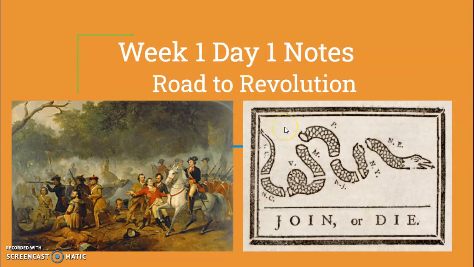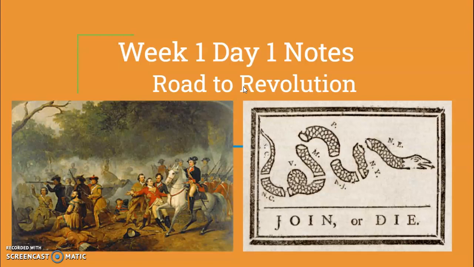One of the most famous pictures from the Revolutionary War is going to be the snake here. It says join or die. And you notice that it's listing a lot of the actual colonies at the time, and it's the idea that if these colonies do not come together during this war, there's no way that they could separate from England. You know, the idea of, you either be all together or none at that point.